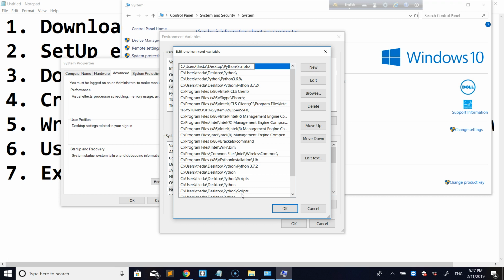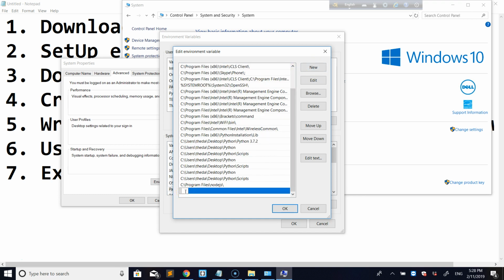Okay, be careful about what program or software you are deleting if you don't know much about computers. Since I know my computer, I know what I can delete and reinstall. If you understand well, you can do anything with your computer, but if you don't understand, please be careful. Then, if your computer is the same as mine, just click on New and